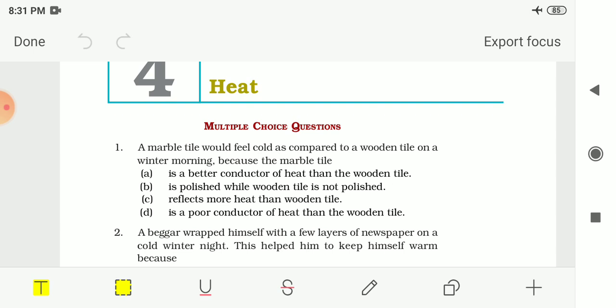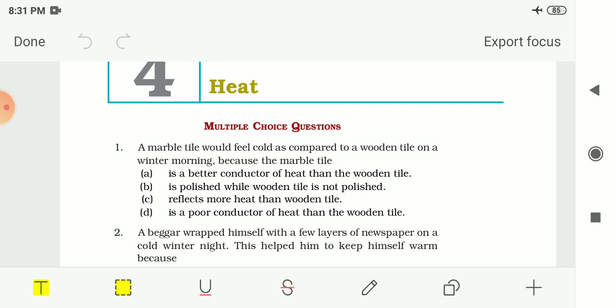Then we had seen the instrument that is used to measure the temperature. So the instrument to measure the temperature of an object is called the thermometer. Then after we had seen different types of thermometer. So the thermometer that measures our body temperature is called a clinical thermometer or doctor's thermometer. A clinical thermometer can measure temperature from 35 degrees Celsius to 42 degrees Celsius. And in Fahrenheit scale, it's from 94 degree Fahrenheit to 108 degree Fahrenheit.